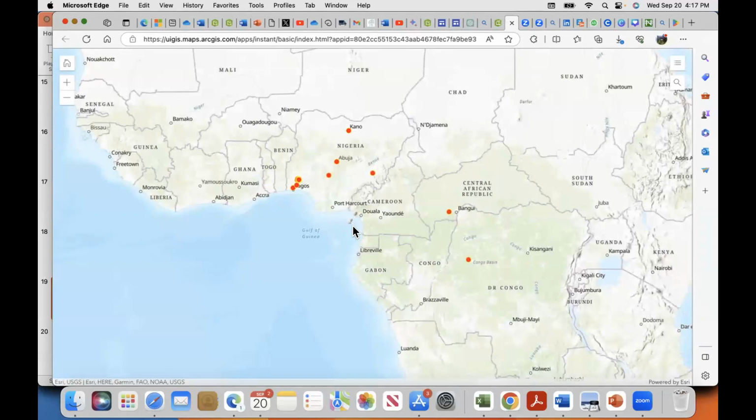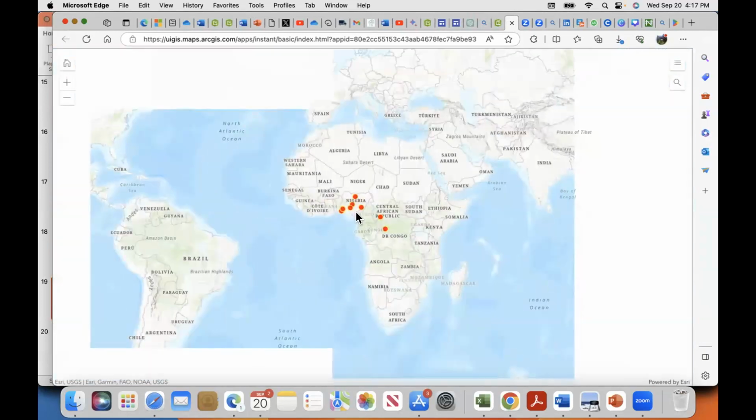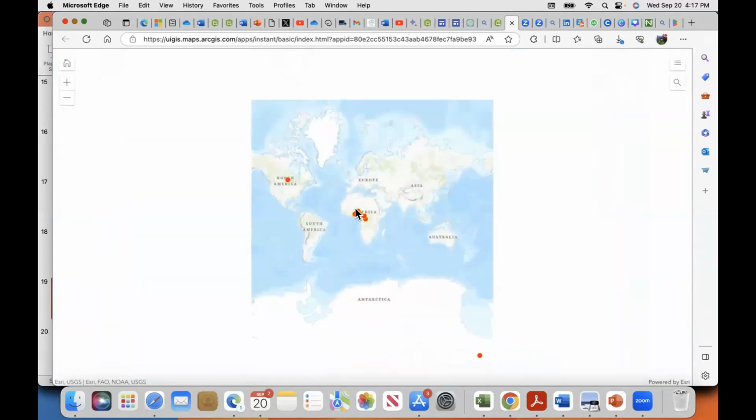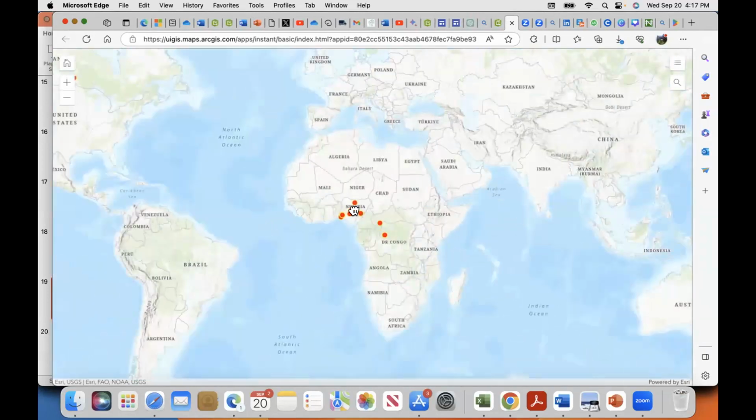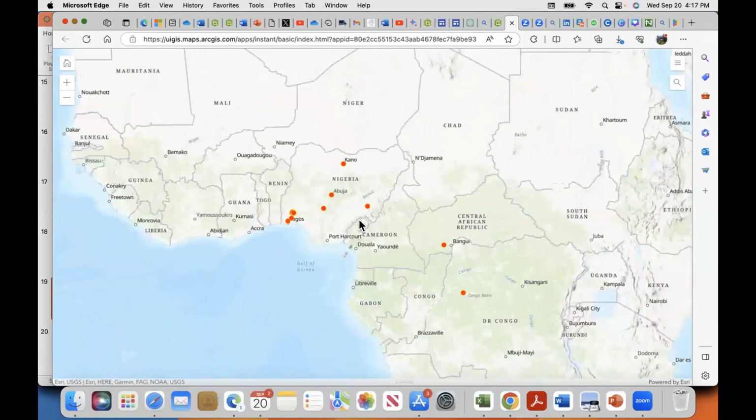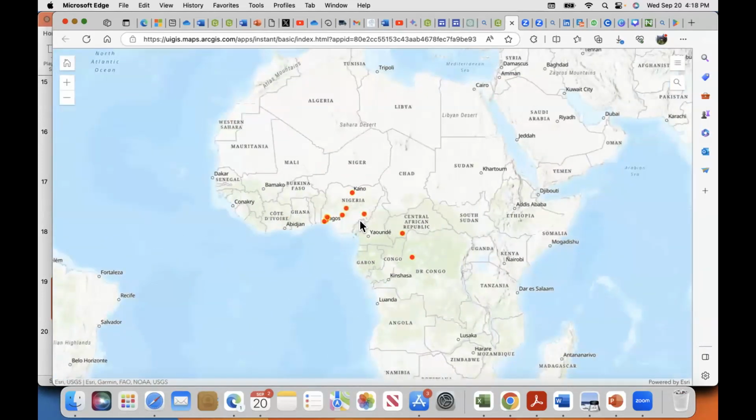So this is the web app that we created, and you can see that we can view this on another page. So this is the web map. You are able to view the data collected over time and know the spread of the diseases. But there's something called a story map, and a story map is to tell us a story about a particular disease or the impact of a particular disease in an environment or community.